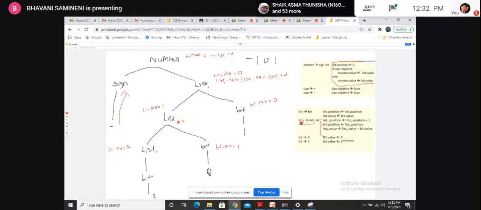List 0 is this root node, right? So now we have to write it here. Okay. So list dot value is equal to list 1 value plus bit value. List 1 value plus bit value.